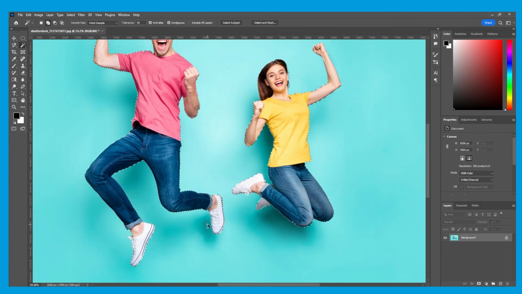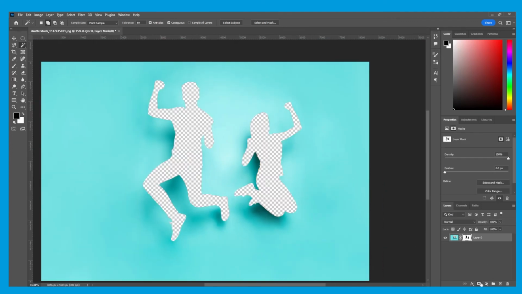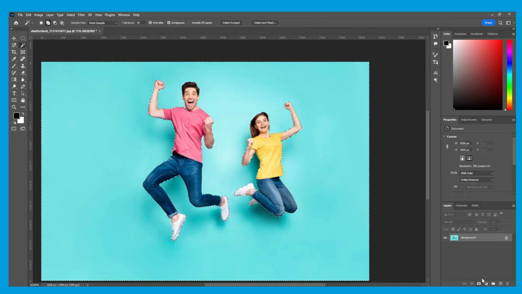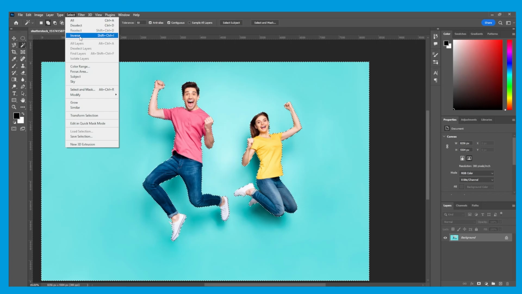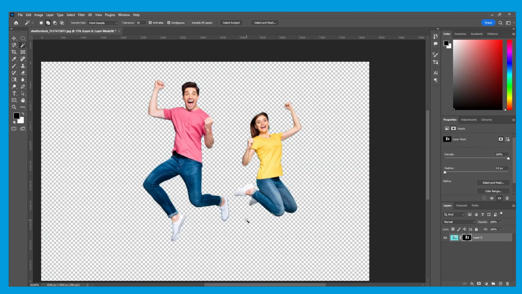Ooh, just noticed an area down here. So now that I've selected my background, I can actually make it a layer mask. However, it's cut out the background and not the people. So what we can do is press Control or Command Z and go back a step, select and choose inverse, this should have inverted my selection. So now if I make a layer mask, it would have cut out the people.